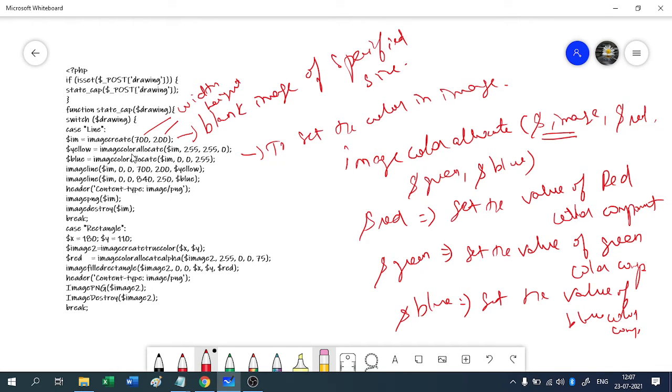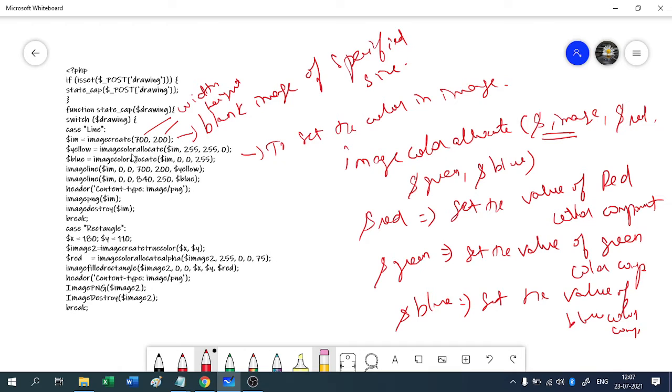Okay. So this is the syntax for imagecolorallocate. See the coding here. imagecolorallocate $im, because we are creating the new image using imagecreate, then we assign that value to the variable $im. So here $im, then 255, comma, 255, comma, 0.